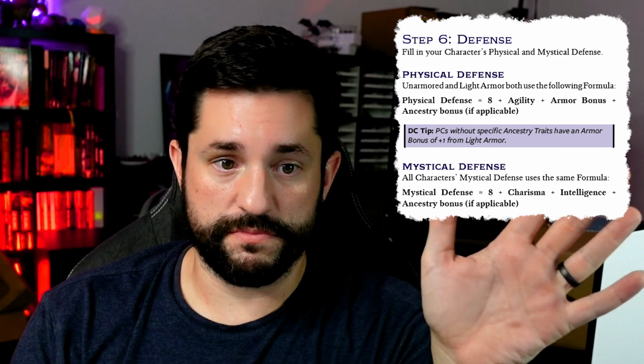Step 6 is defense. You have physical defense and mystical defense. Formulas are pretty straightforward and simple as before. It's 8 plus agility plus 1 for your armor bonus for your physical defense. Done. And mystical is 8 plus charisma plus intelligence. Done. And then step 7 is the final step, which essentially is just you filling out the rest of your character sheet,